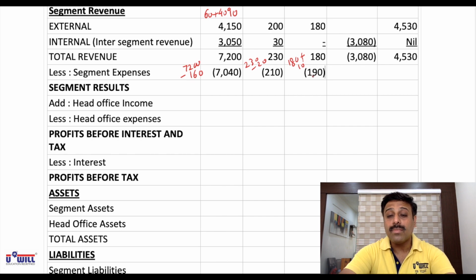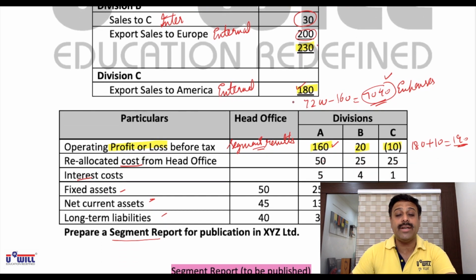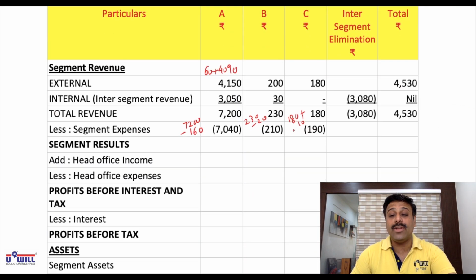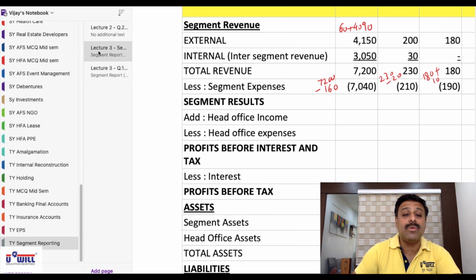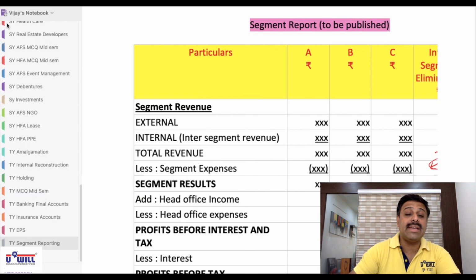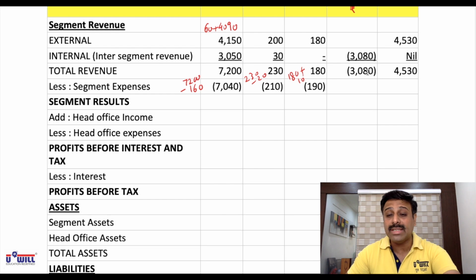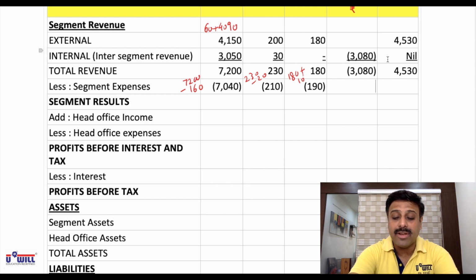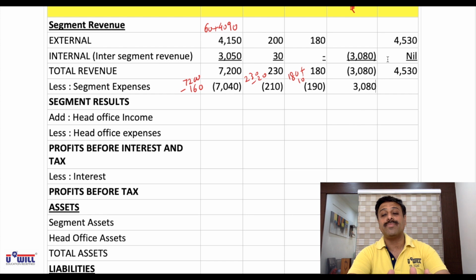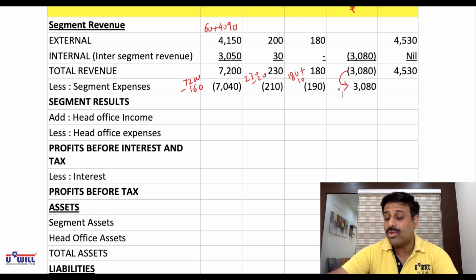Now, are you given any information about inter-segment profits or inter-segment expenses? No. So what did I tell you? If nothing is given, then you take the same amount. Why the same? Because we assume the inter-branch or inter-segment transfers take place at cost. It means if 3080 is inter-segment revenue, 3080 itself would be its cost. You are not selling at profit. You are selling the goods at cost to another segment. So this 3080 itself is the expense and revenue also.